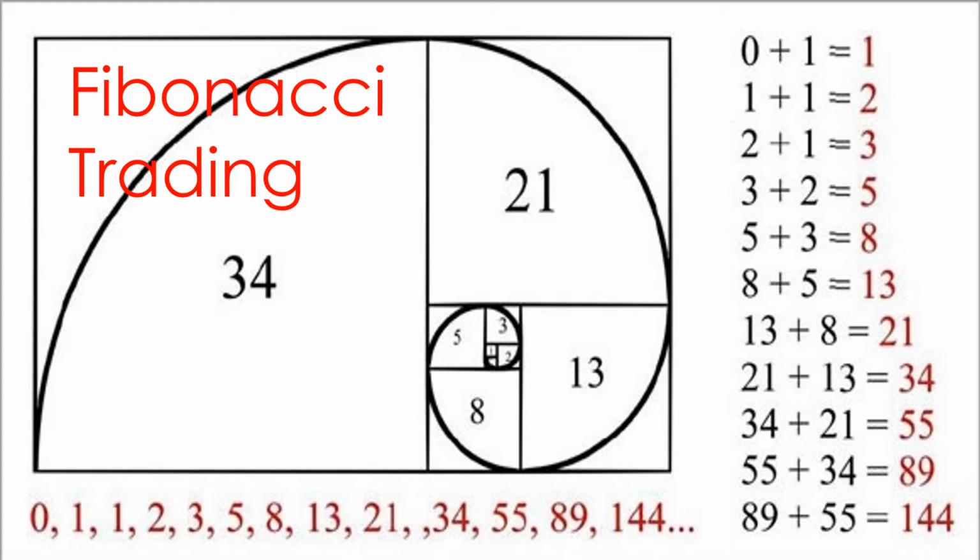And how you form it is you start with 0 and 1, and then you add these together, and then you get a third number, which is 1. You add these together to form the next one, you add these together and form the next one, and so forth. The really special thing about it is that when you get to the higher numbers, you can get any number, let's say 34, and divide it by the succeeding higher number, and you would always get